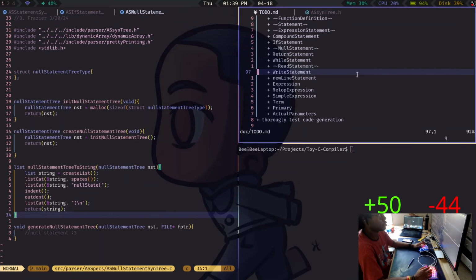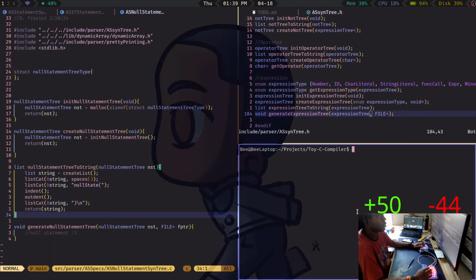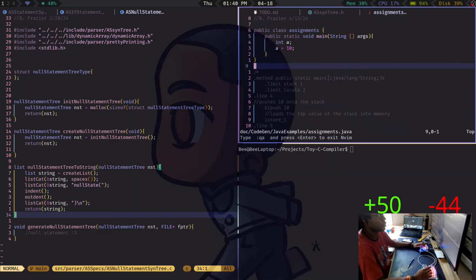I didn't even check that. Alright, so let's do touch. No, actually, let's just say assignment.java, and then write this to doc/codegen Java examples, and then null statement Java.